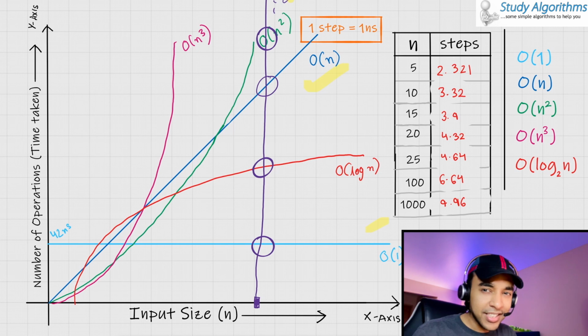You might have seen this graph in a lot of places before, and I hope this starts to make a little bit more sense now. I hope now you get a better idea about why the big O notation can help you to determine the rate of growth of an algorithm. This also helps you to select a specific algorithm while you're solving problems.